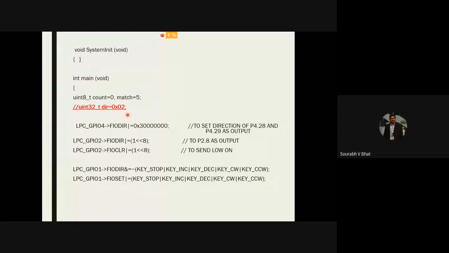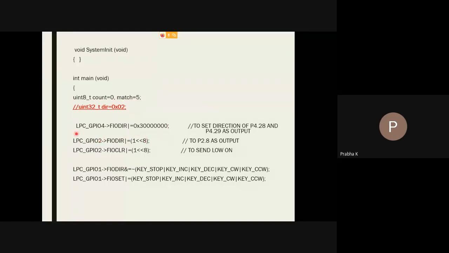And what is the purpose of the match variable there? The match variable will allow us to vary the speed from one well-defined initial low level to a high level. I'll explain that as we go inside the program. Why do we need match? Why do we need to use the values? See, the initial value should be matched with the low value as well as the high value in order to control the speed of the motor. It is used to control the speed of the motor.